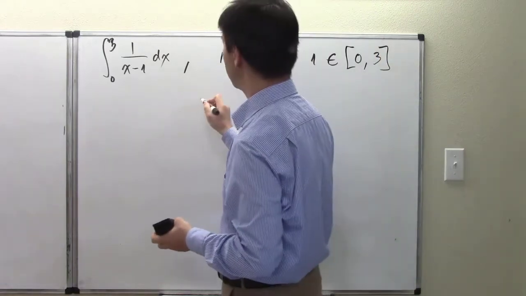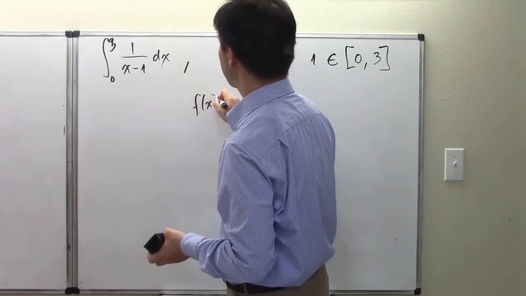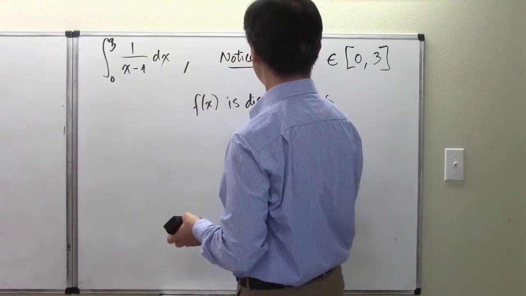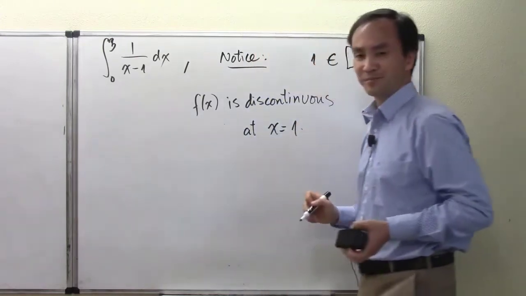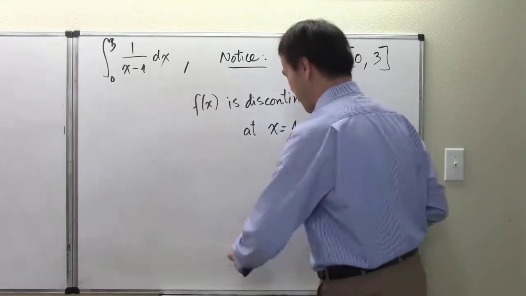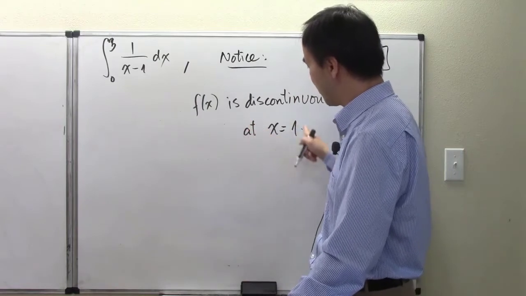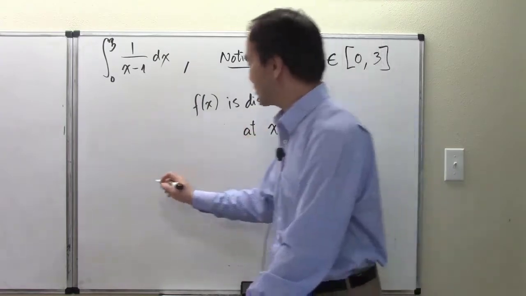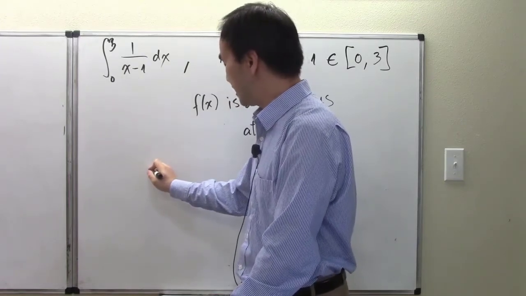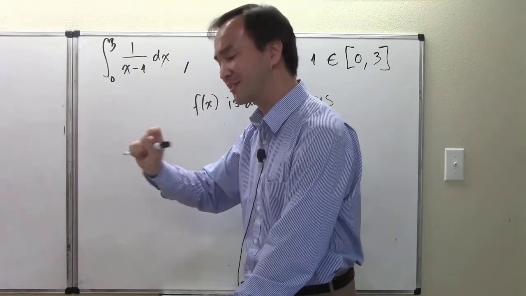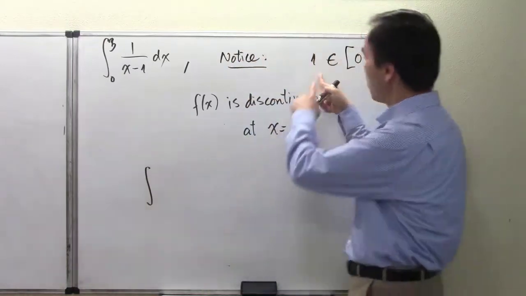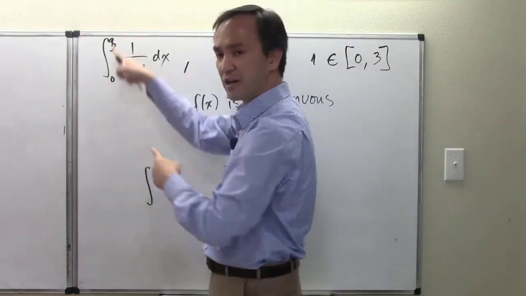And then we have f of x is discontinuous at x equals 1. So here's the plan to handle this problem. We're going to tackle that particular problem. I'm not saying equal or anything. I'm just saying, in the way I was dragging that handle earlier in the graph, since 1 is in between 0 and 3, our overall integration interval, then